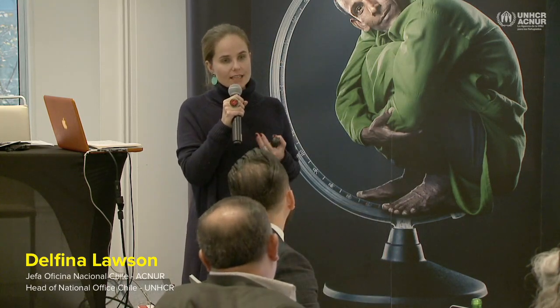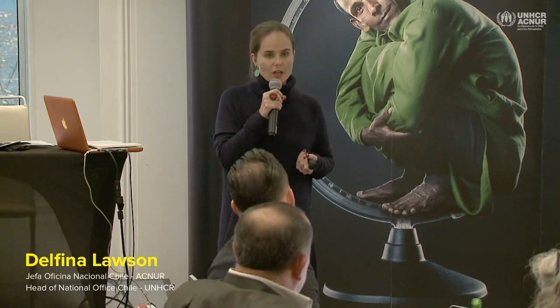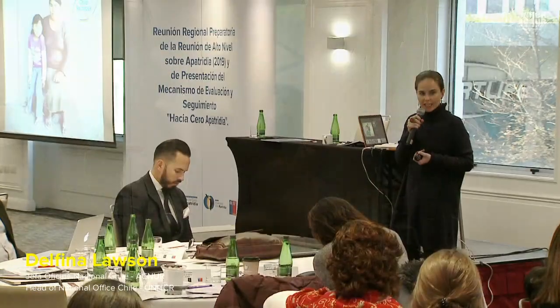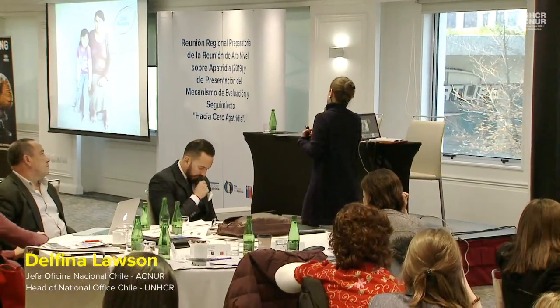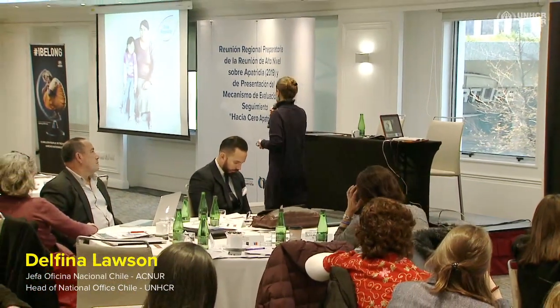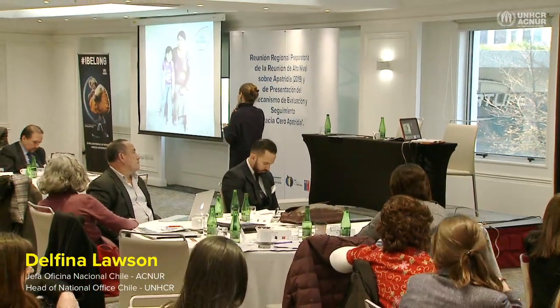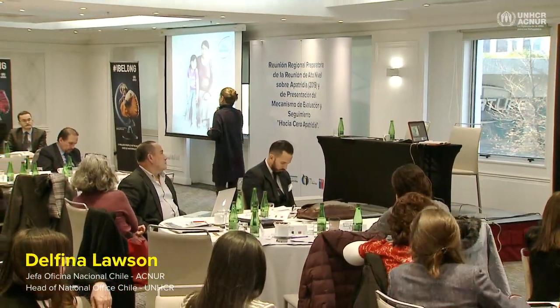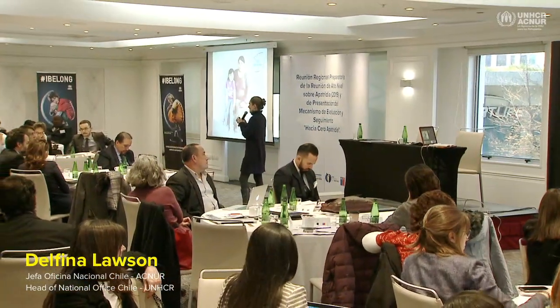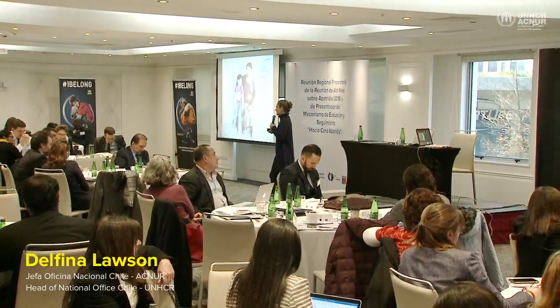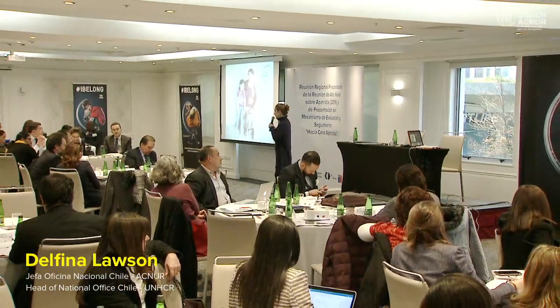What they had at the moment was a database that was provided by the National Registry with the names of more than 2,800 people that all lived in the national territory. There was a preliminary analysis of the database, and almost half of them were in the north of the country, in the regions of Arica, Parinacota, and Tarapacá.